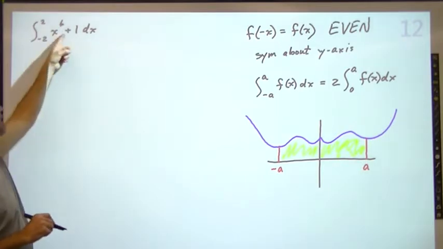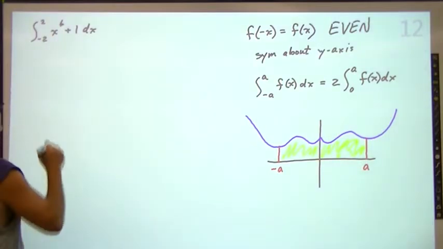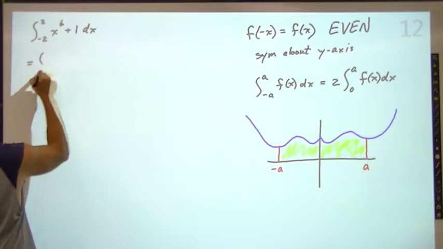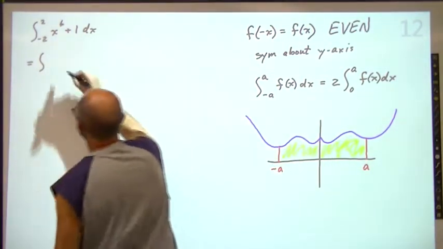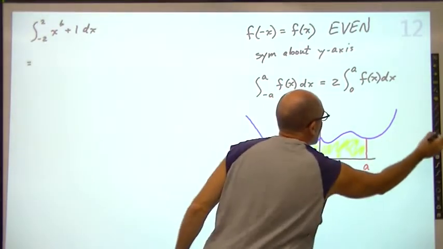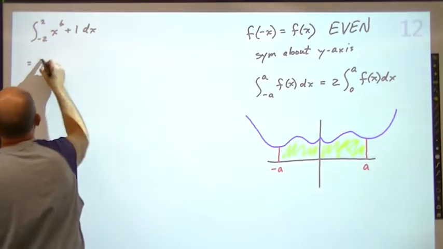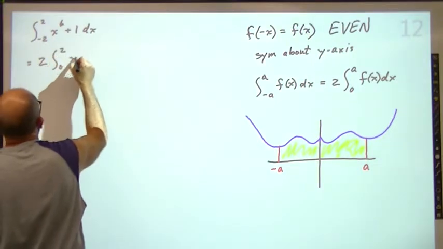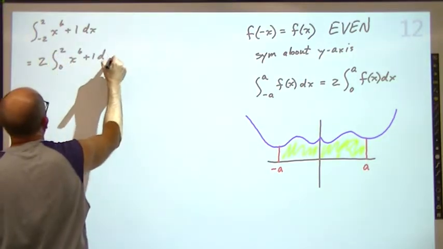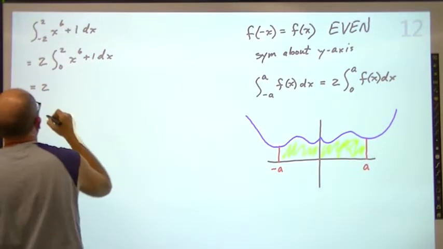So therefore this is an even function, and that means this equals 2 times the integral from 0 to 2 of x to the 6th plus 1 dx,